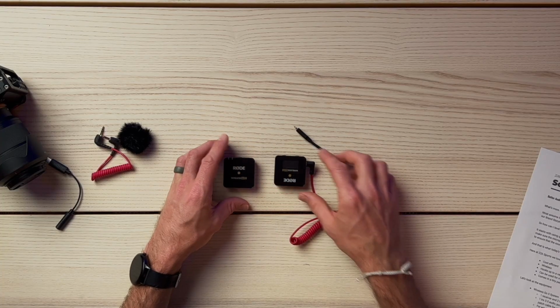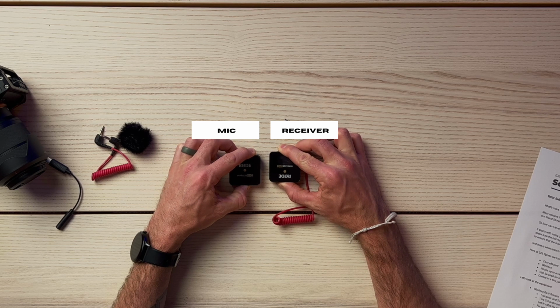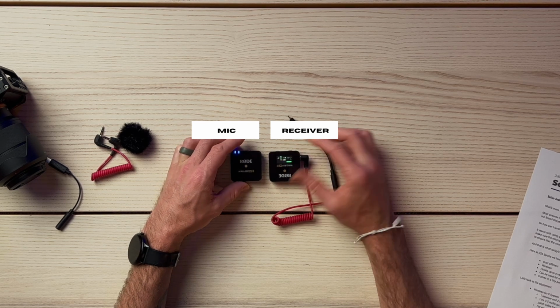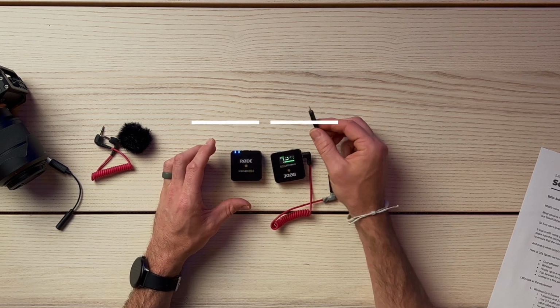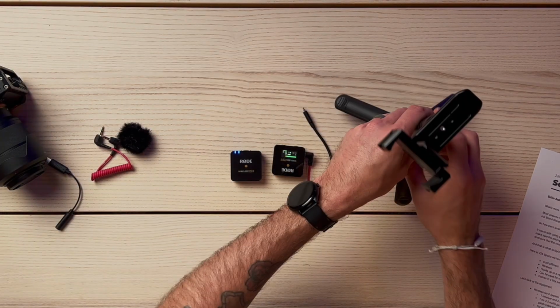Okay, so what I would do is I would turn my microphone on, my receiver. I would plug the lightning cable into my phone. I don't have my phone because my phone is being used right now as a second camera. Another great tool that is super handy when it comes to the receiver in your phone would be to